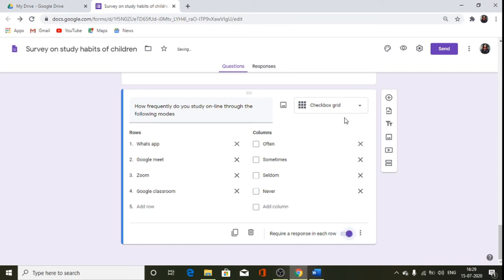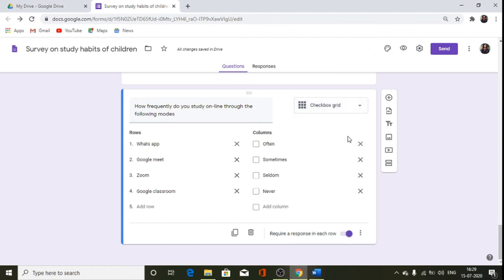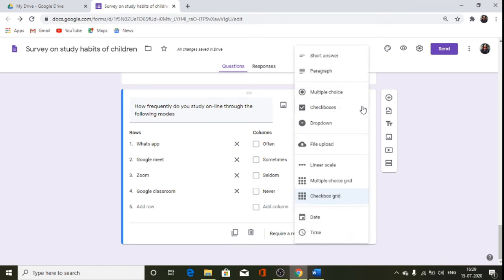Now we have completed all the different types, all varieties. Here there is one more option over here. If you want, we can just upload a file, complete file over here. So we are not going to do that. So now we've added short answer type questions, paragraph type of questions. We have added checkbox, multiple choice, checkbox grid, multiple choice grid, the linear scale, and drop down, and all